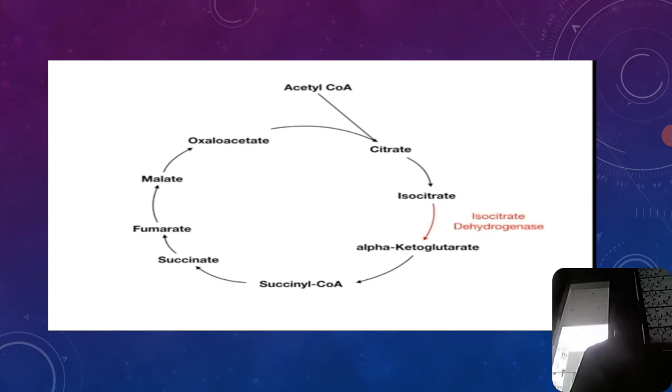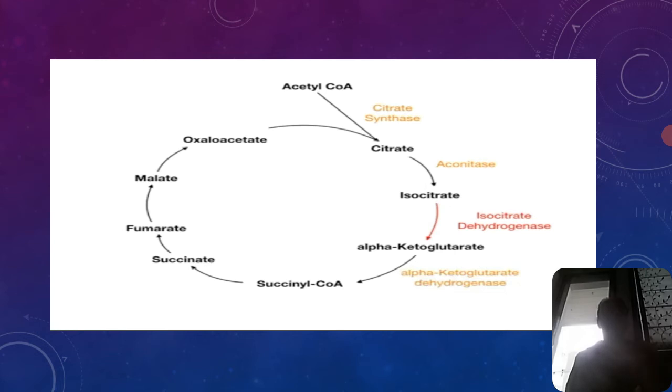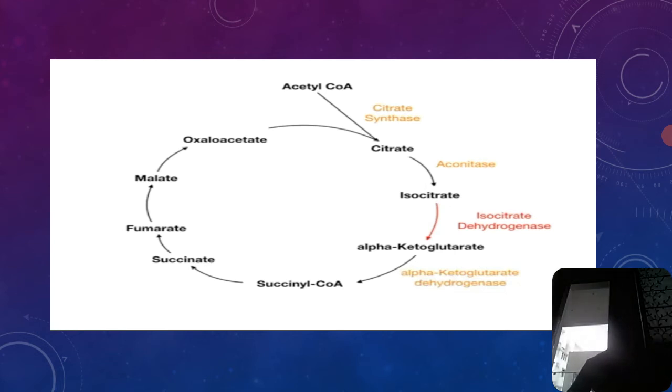Okay. This is about the completion of the complete steps in Krebs cycle. See here, there is the formation, that is, ADP is converted into ATP, NAD into NADH, and FAD into FADH2. Okay. This is seen in this complete cycle. See here. So when you see the enzyme action, by the conversion of acetyl coenzyme A into citrate, there is the